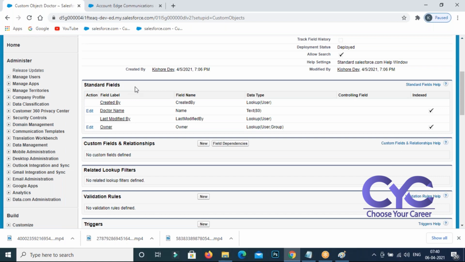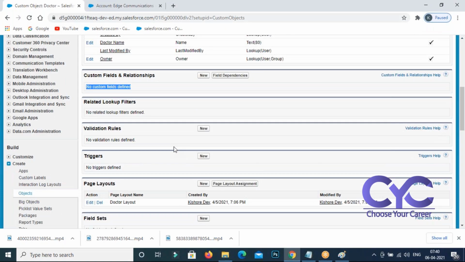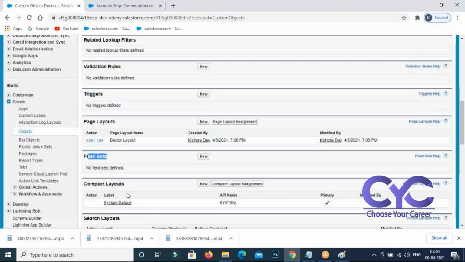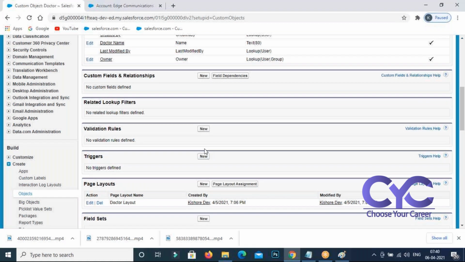You may ask me the question: sir, some other fields that I want to create in this object, what should I do? Doctor salary, doctor qualification, some more fields that I want to create in the Doctor object, like doctor timings, doctor phone number, email. I want to create my own fields in the Doctor object. What I should do is go for this option to create. It is totally object detail based. And a few more concepts that we are going to discuss in future, like validations, triggers, page layouts, field sets, buttons, links. You can create them like this.